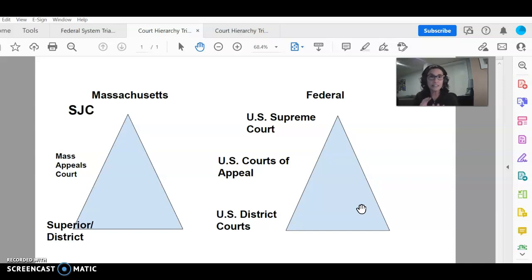So it does differ state to state what the courts are called and how many levels of appeal, but that overall structure stays the same. Begin at the trial court, move to the appellate court. We will talk a lot more about the differences between trial and appellate courts, but I do want to make you aware at this point that when you research, we are looking at these appellate court opinions. These are the higher courts. These courts sit in review of what happened below in the trial court.